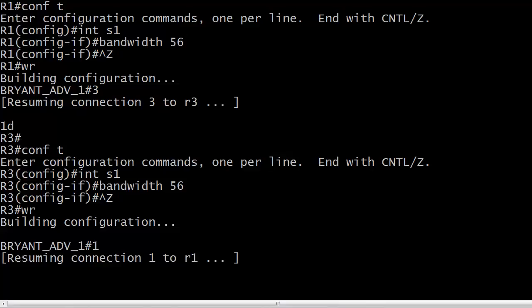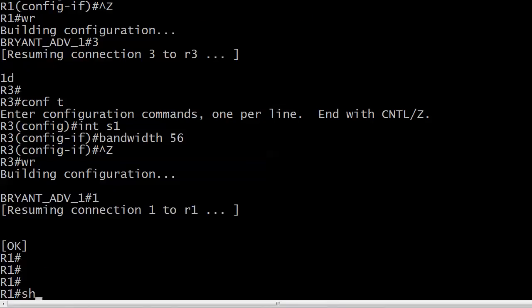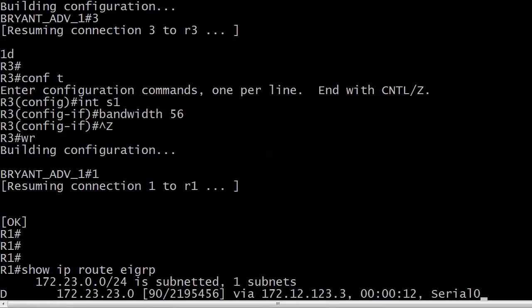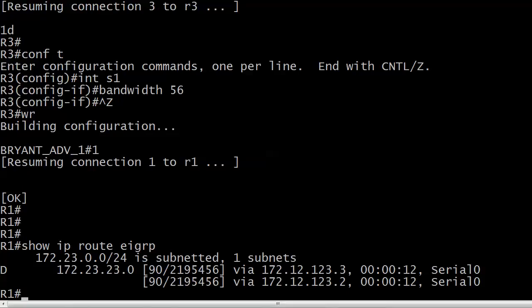It's amazing what a difference 3 little zeros can make. Just amazing. So let's go ahead and wait for that to cook, so to speak. And already you can see that EIGRP has recalculated with those new bandwidth values of 56, and it's saying,